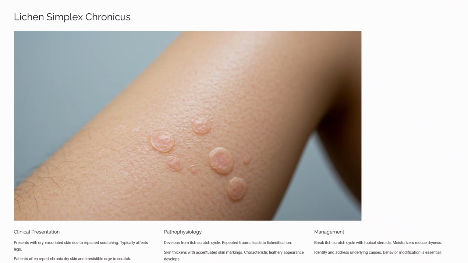What is Lichen Simplex Chronicus? Lichen Simplex Chronicus is basically a loop or a kind of disease. What do I mean by that? There is an initial itching. The initial itching can be due to any cause. It can be because of an atopy, it can be because of a dry skin or contact dermatitis, or anything can be the reason. So because of the itchy skin, because of the irresistible itch, the patient will scratch that